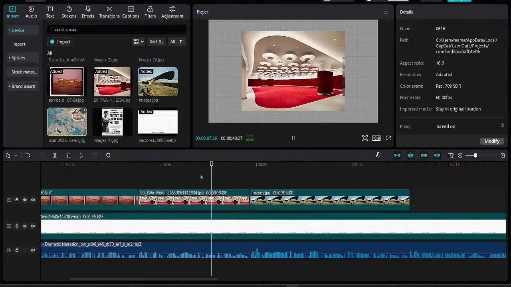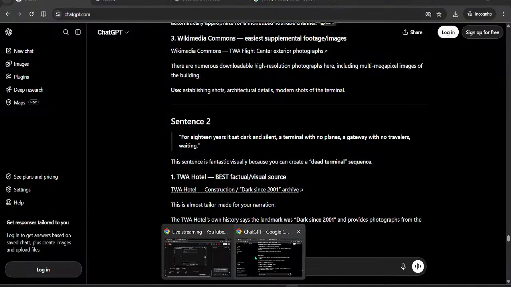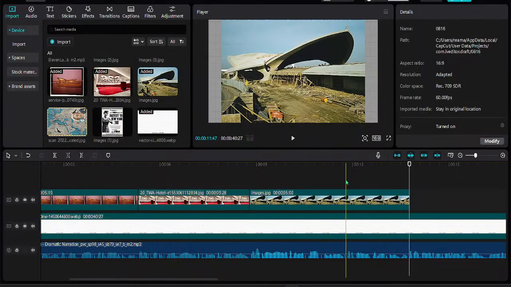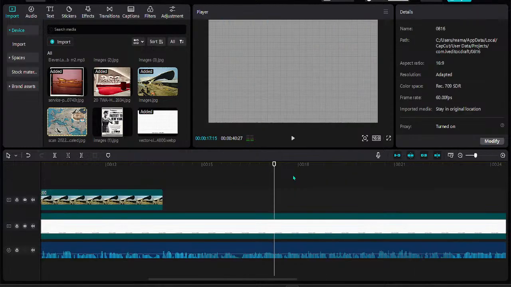Color of old glamour. For 18 years, it sat dark and silent, a terminal with no planes, a gateway with no travelers, waiting. How did an airline